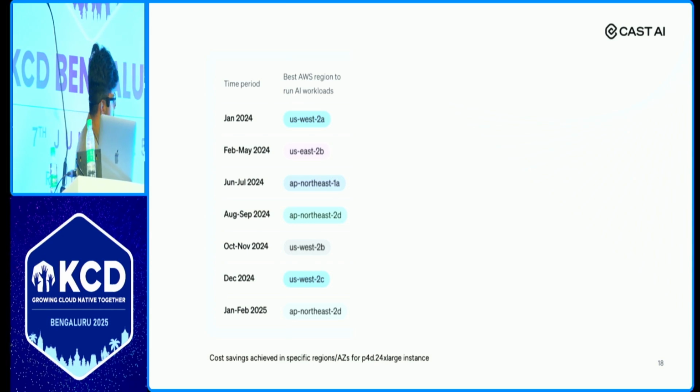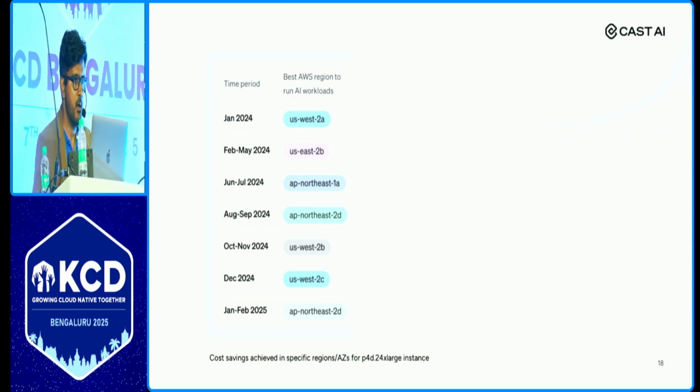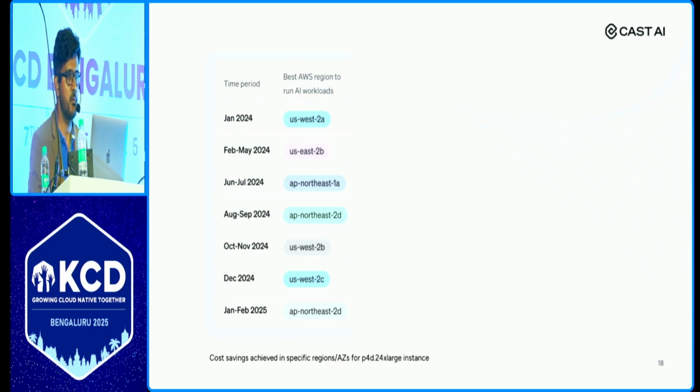In January, the best and cheapest Spot node was in Oregon, West 2A. For February, it moved to East. In June, July, it is Tokyo. Did you ever think that Tokyo would have the cheapest GPU in the Spot?